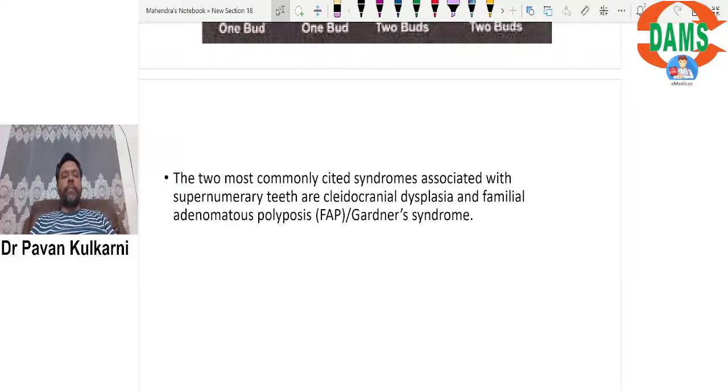FAP is familial adenomatous polyposis syndrome, which is also known as Gardner syndrome. So now it has been called the same, Gardner syndrome. The difference here is that Gardner syndrome is said to have oral manifestations, while FAP doesn't. So just remember, from the exam point of view, these are the two syndromes associated with supernumerary